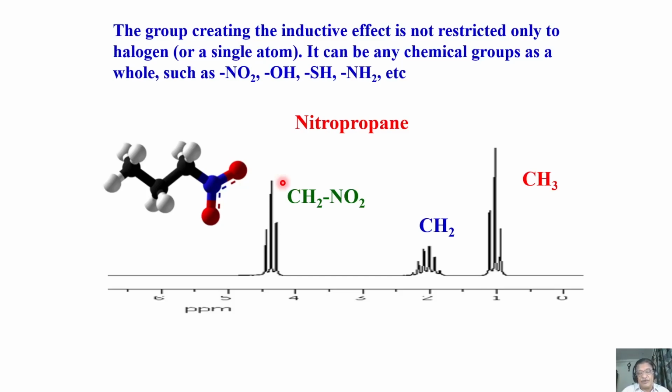Now, your question could be, why NO2? What happened to different functional groups? There are many electron withdrawing groups or donating groups, and they can also affect it. Instead of NO2, you can have OH, SH, NH2, varieties of groups. Some may donate electrons, some may withdraw electrons. When electron withdrawing groups are there, these protons move downfield. If it is an electron donating group, it moves to high field. Simple logic, right? So the electronegative substituent has an inductive effect and has a great influence on the chemical shift